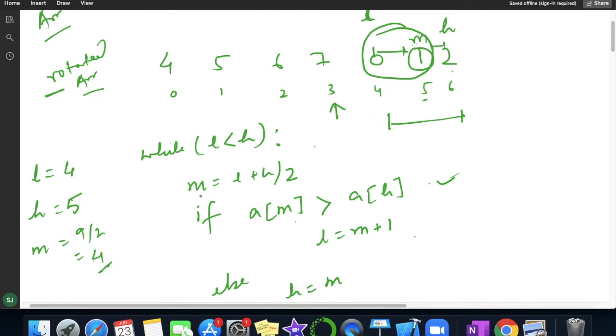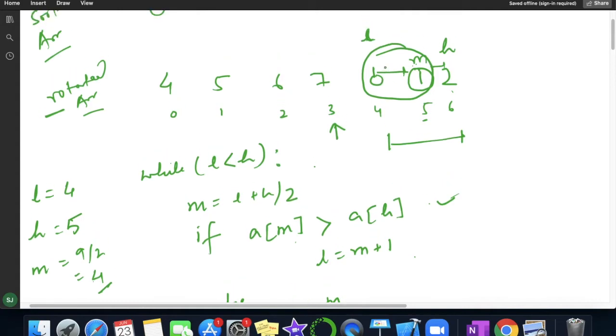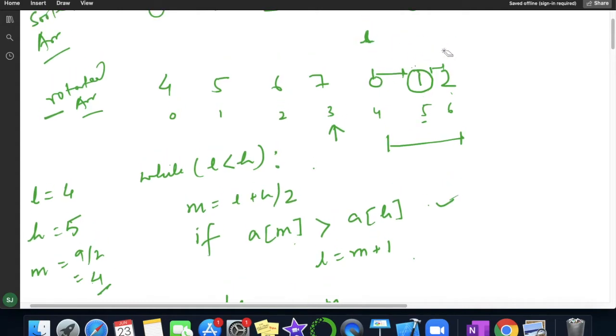So our medium is, let me delete all. Now we are only targeting this section. This was our low, high is this one, and we got the mid as 4, means mid is also present over here. This is our mid. Now we have to check the condition. The value present at mid is how much? 0. This value is 0.